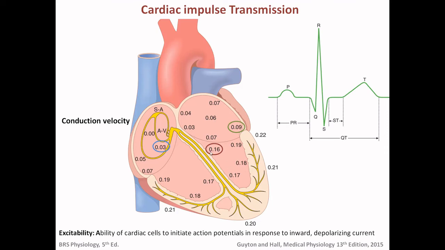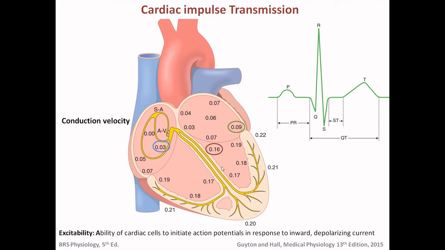So what makes this delayed? This delay is possible because of the AV node. It takes almost 0.09 second, and the bundle of His, which we will discuss in this slide, takes another 0.04 seconds. So they delay a total of 0.13 seconds, and around 0.22 second the ventricles contract to pump the blood into the pulmonary artery and